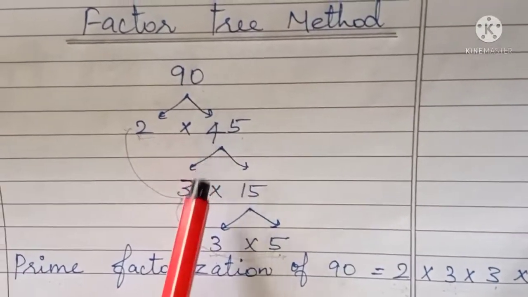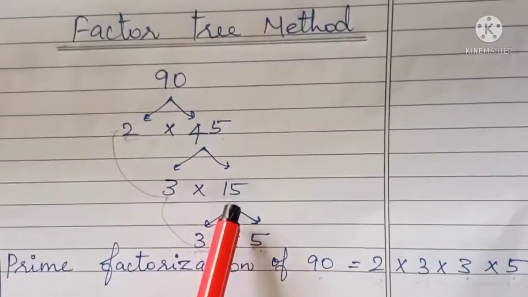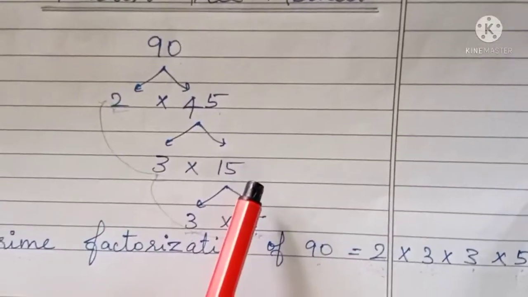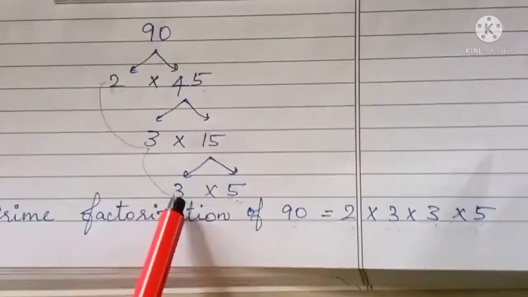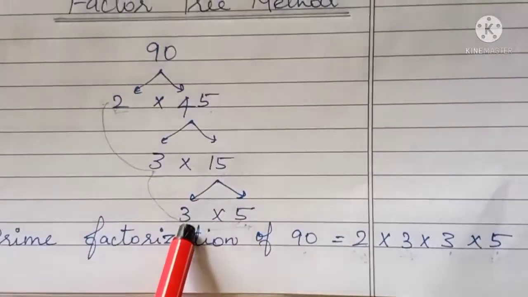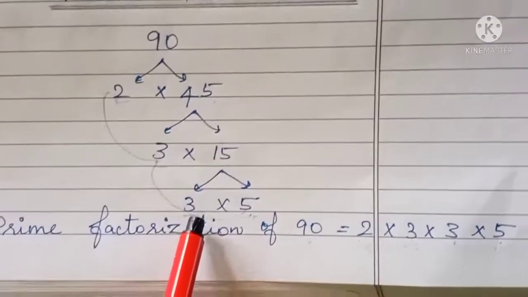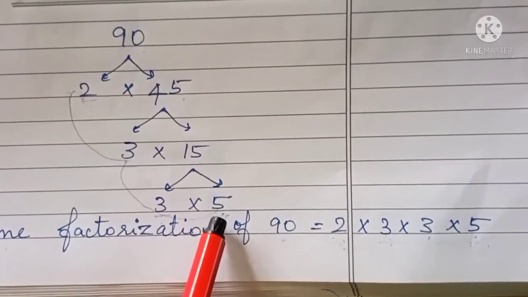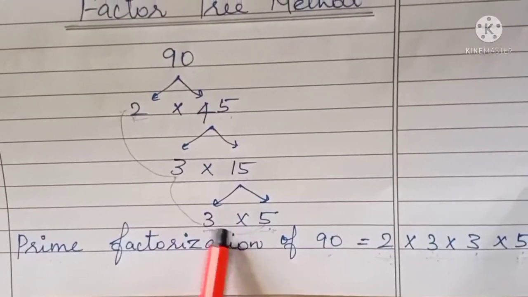Number 45 will come in the 3 table, becoming 15 times. Again you have to select the lowest prime. Number 15 will come in the 3 table, 5 table and 15 table. Apart from that, which is the lowest number? 3. So you have to select the 3 table. Number 15 in the 3 table becomes 5 times. That's all. After that, 3 will come in the 1 table and 3 table. Next, 5 will come in the 1 table and 5 table. So till then you have to do this process, until you get prime numbers on both sides.